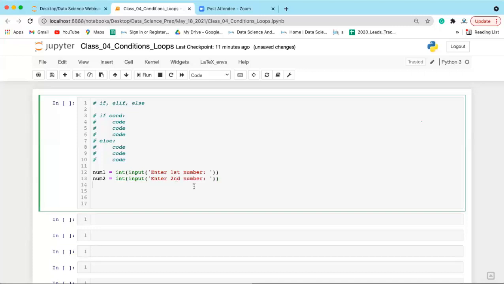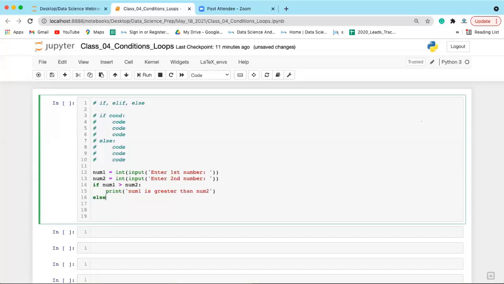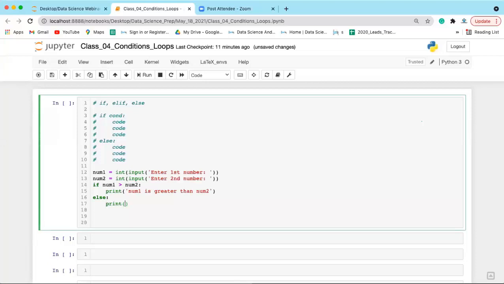Now if I want to check which number is greater, I'll print that number. So I'll use if num1 is greater than num2, I will write print num1 is greater than num2. And else, here we will write print num2 is greater than num1.